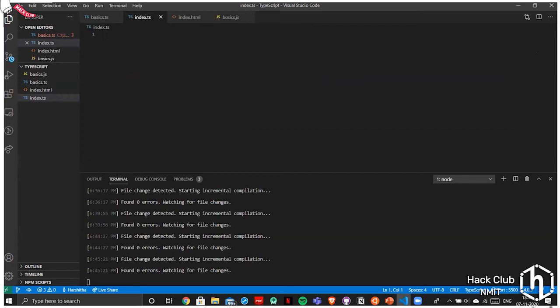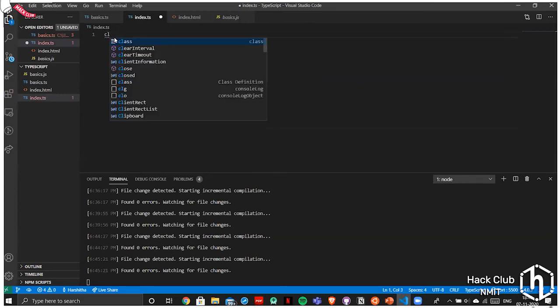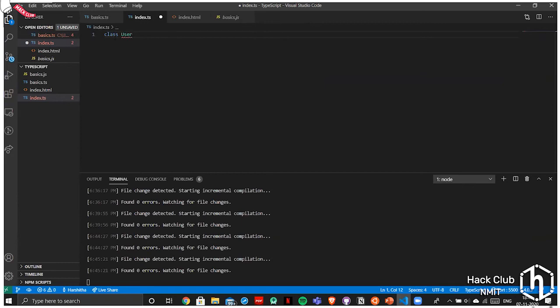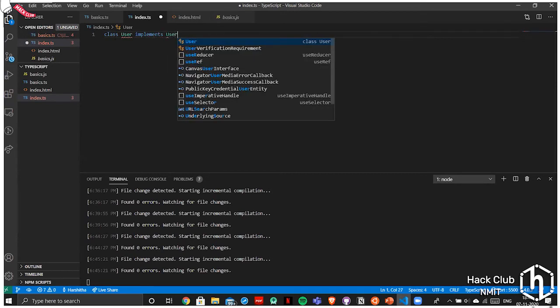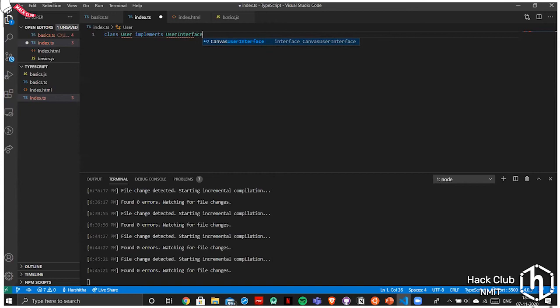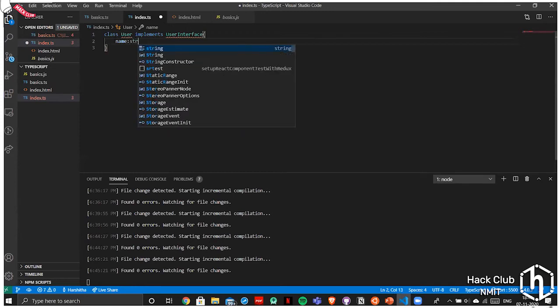Yeah. So first, I'll use the concept of interface, that is a class. I'm using the class name as User. This implements the User interface. And then now we can use the name as string.